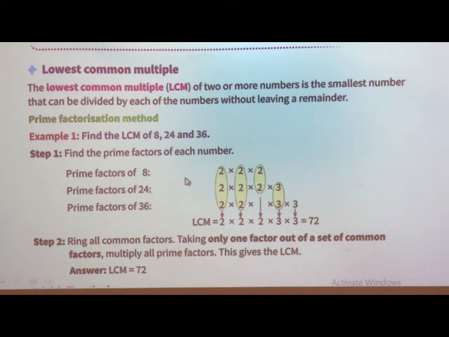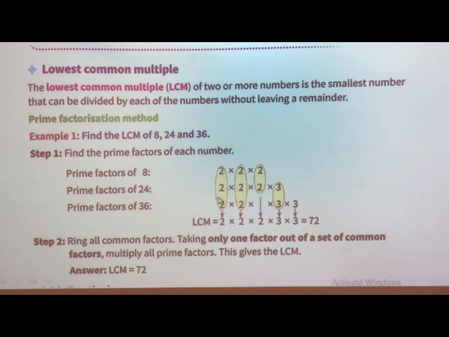You can do it by the division method. That is, the prime factors of 8 are 2 multiplied by 2 multiplied by 2. Means in short you can check also, 2 2s are 4, 4 2s are 8. Whatever factors you have removed, check whether they are correct or not. We already learned in the previous class how to remove the factors by the division method and how to write them.